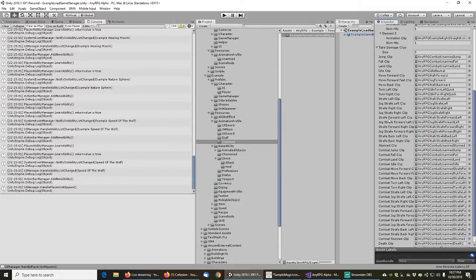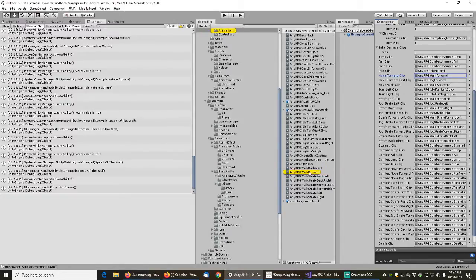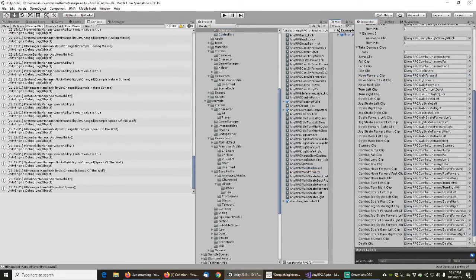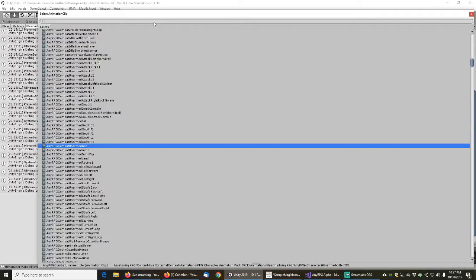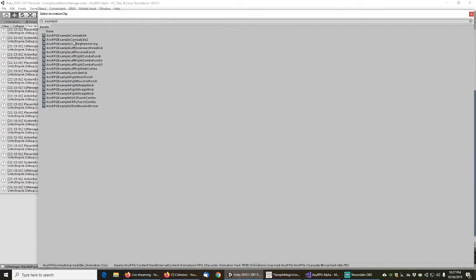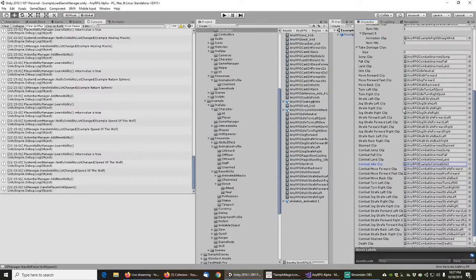Let's see. So basically, for now, I think what I'm going to do is we've got these combat clips here. You know what I can do? I can do combat idle. We have a decent combat idle one. So let's look for our example combat idle, and I think number 2 was actually the really cool one I liked. It was just that short little 1-second clip. For the rest of them, we're just going to copy in the regular out of combat ones,